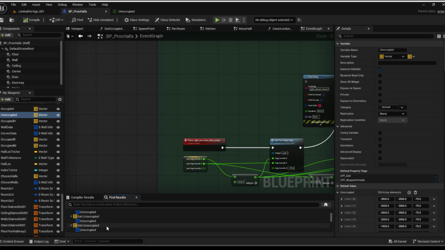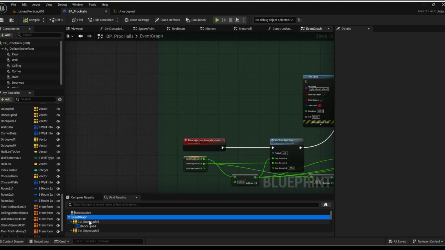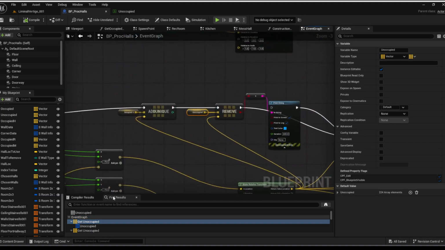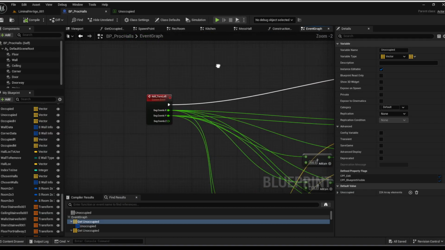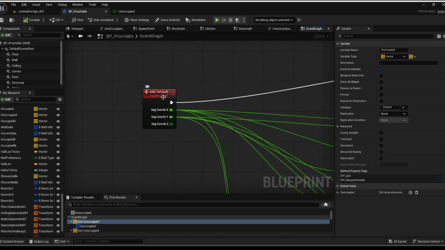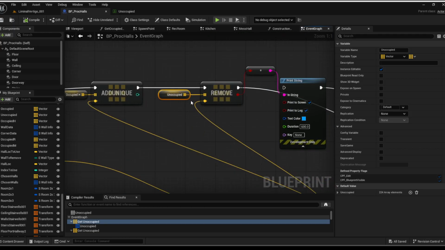Variable unoccupied, event graph. Okay, so I use it here. Oh, I'm using it in the actual modules, the hallway segments. Oh, that makes sense, because yes, I do want